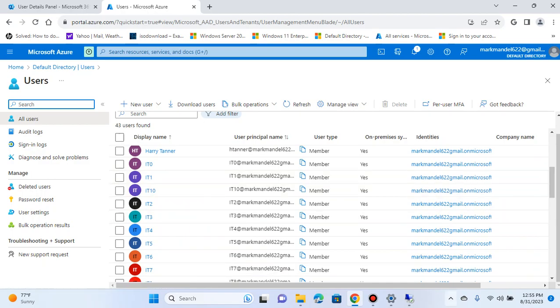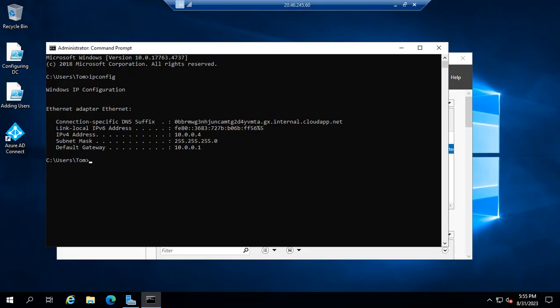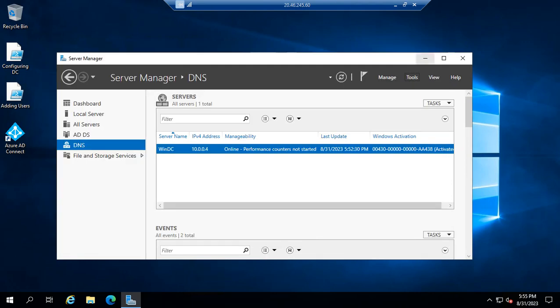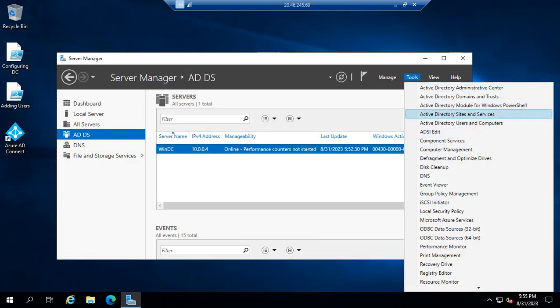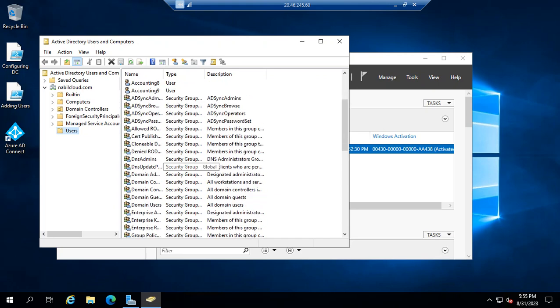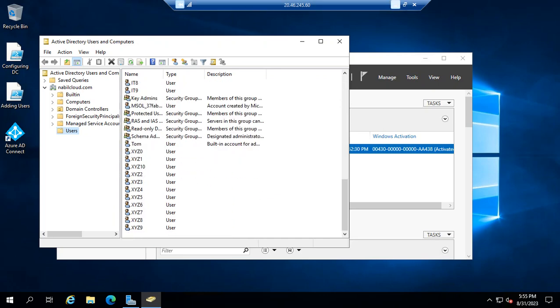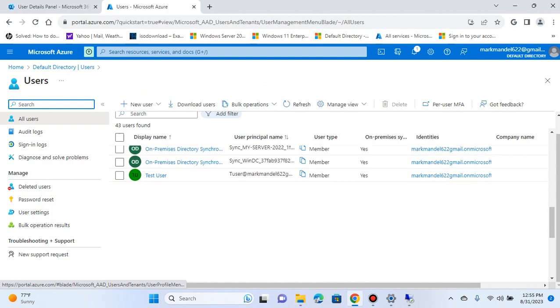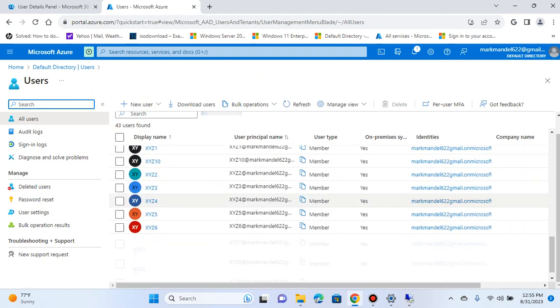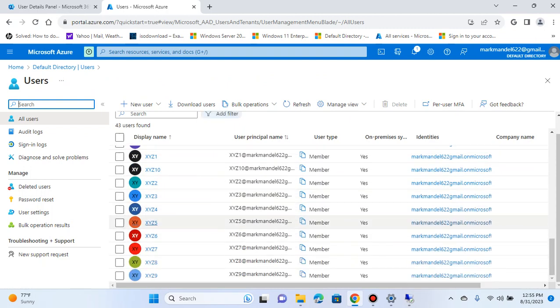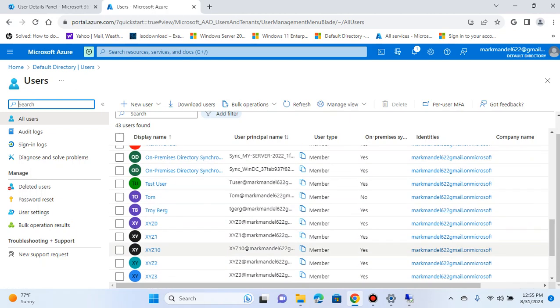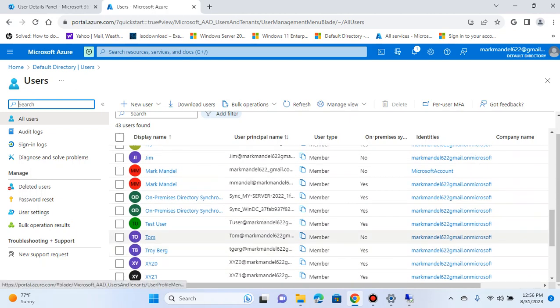Remember when we had here the three-tier services, all those have been replicated in here, and there's more in common. Remember the XYZ that I created, and this is the admin, as you can see, Tom,